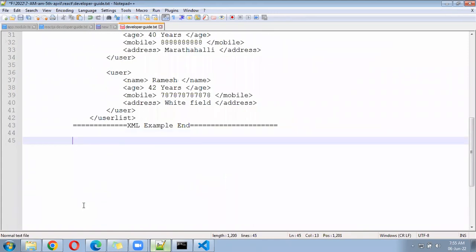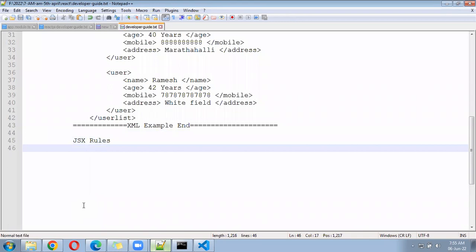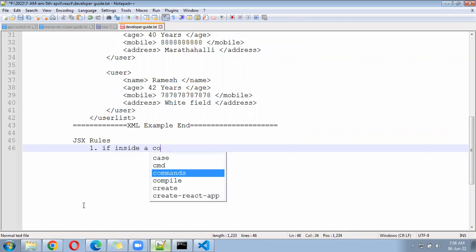Right here, JSX rules. While writing JSX, JavaScript code and XML and HTML code under React, what rules and regulations do you need to remember? Definitely they come from XML only, but in JSX you can write separately. It says that if inside a component, which represents a function here,